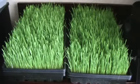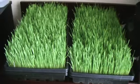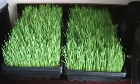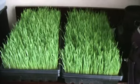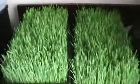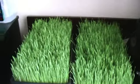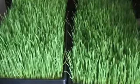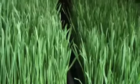Alrighty, this is day 6 of the wheatgrass, and we're checking out today, and so they will be on another 12-hour journey to home. And so they've grown. I can't cover them now, so we'll see how they do in the car. I'll show you them tomorrow when we get home. All right, and then they'll almost be ready to